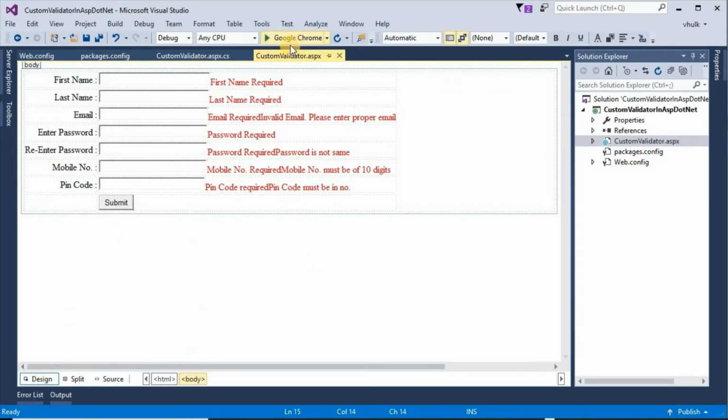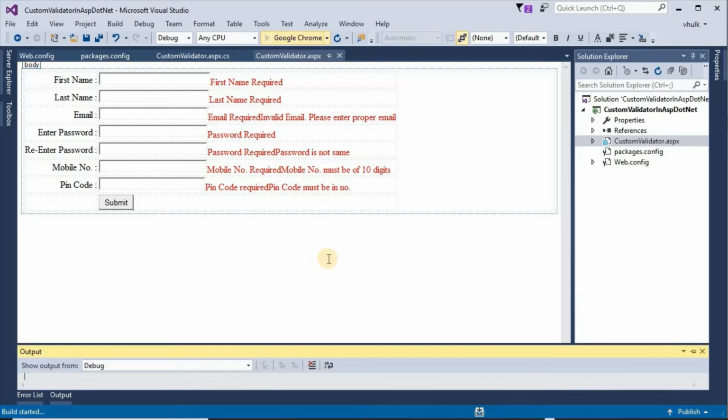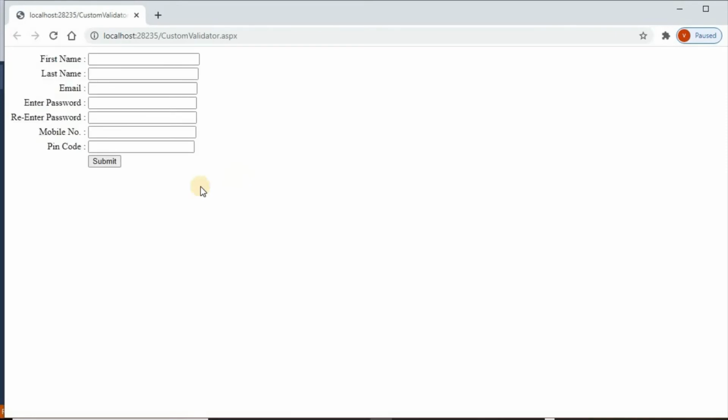If we see in browser, now if we click submit button, then all the validations.